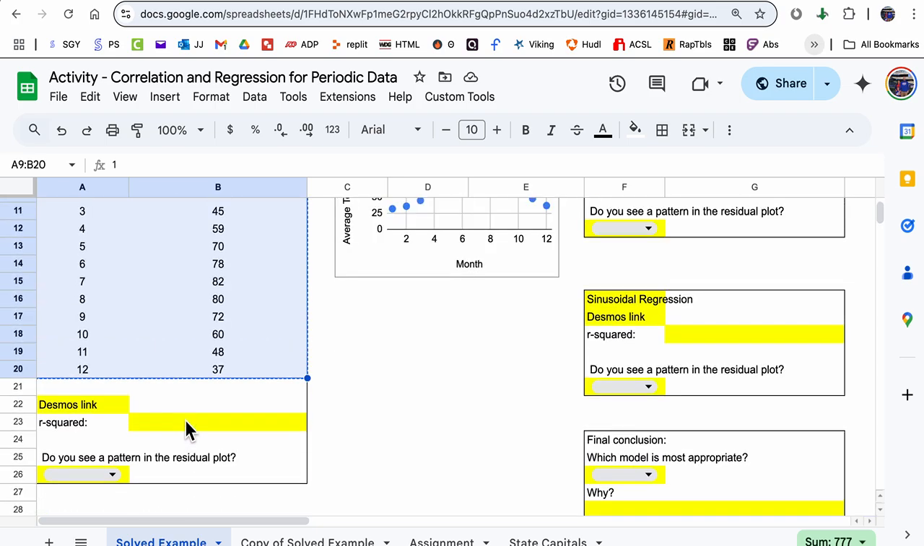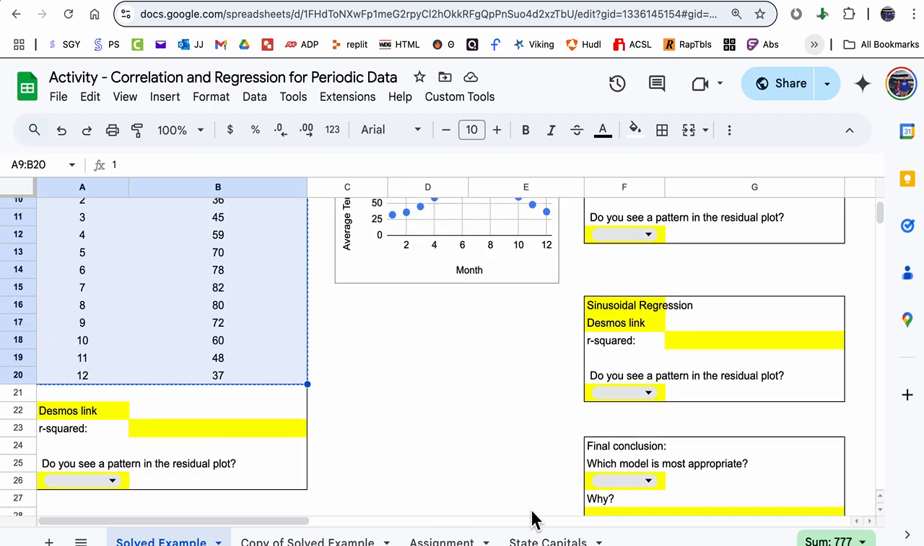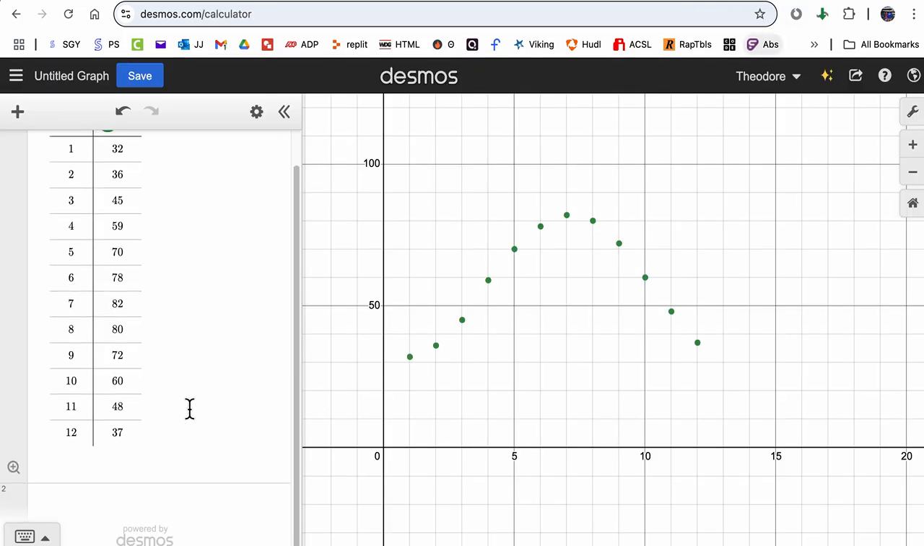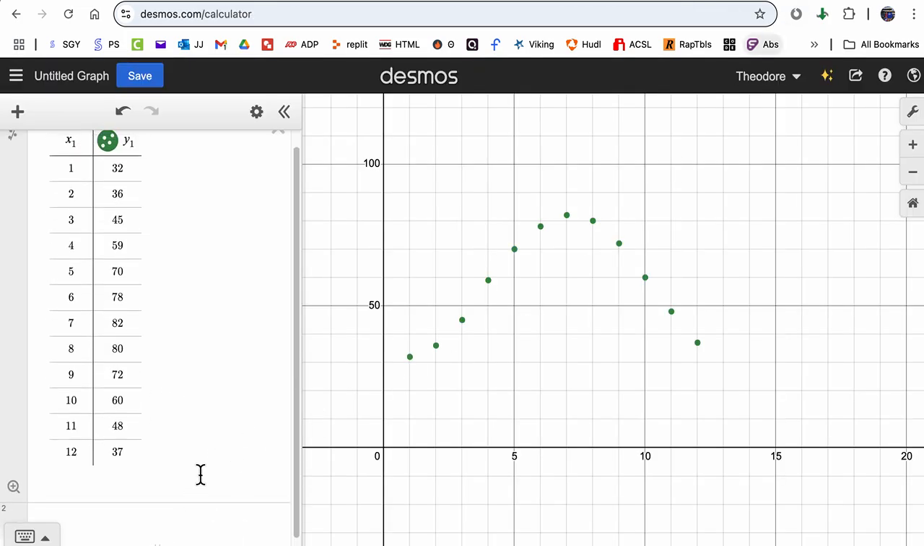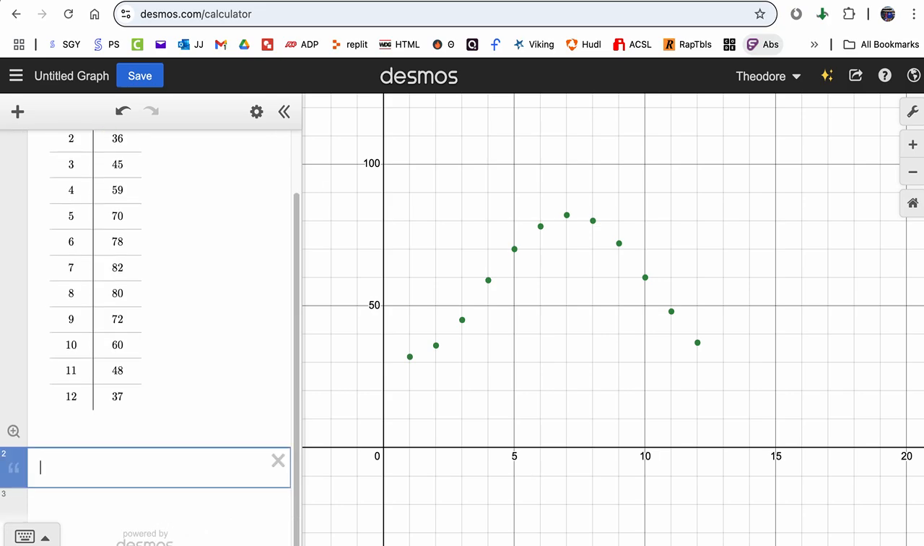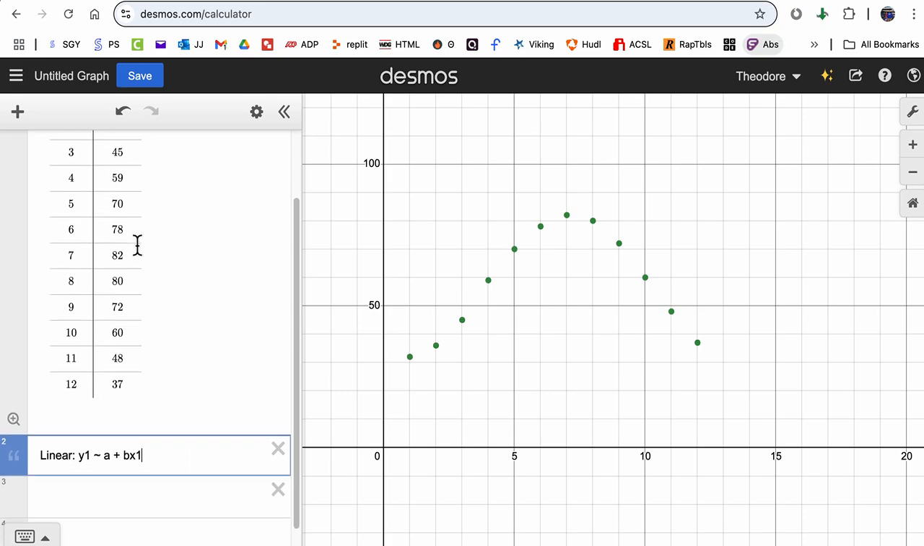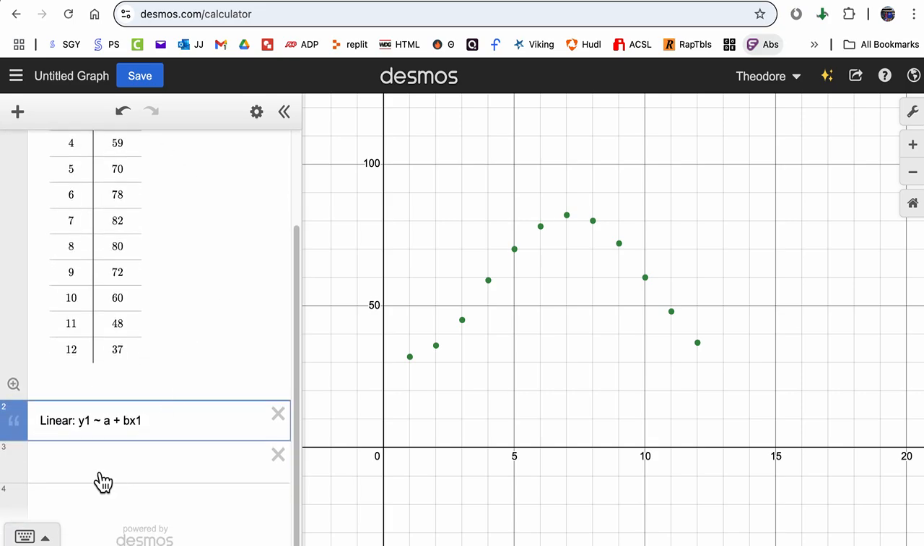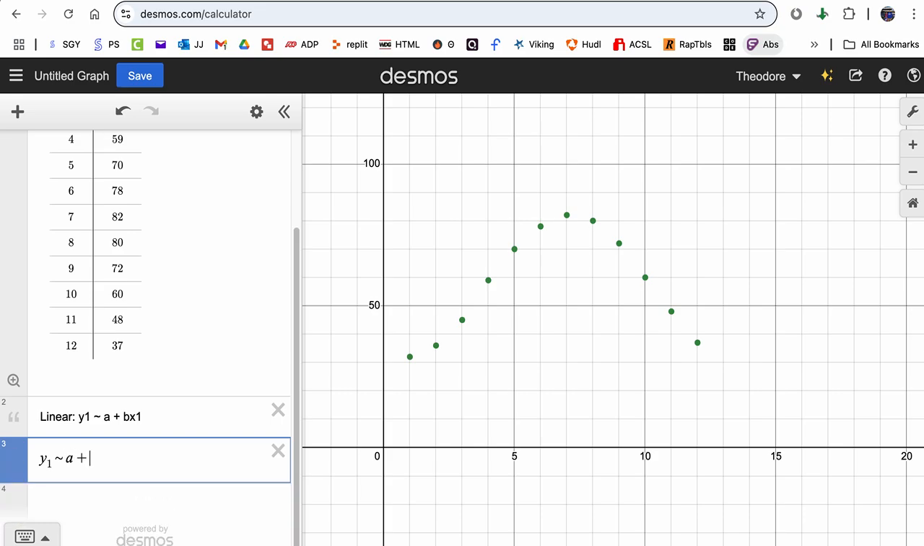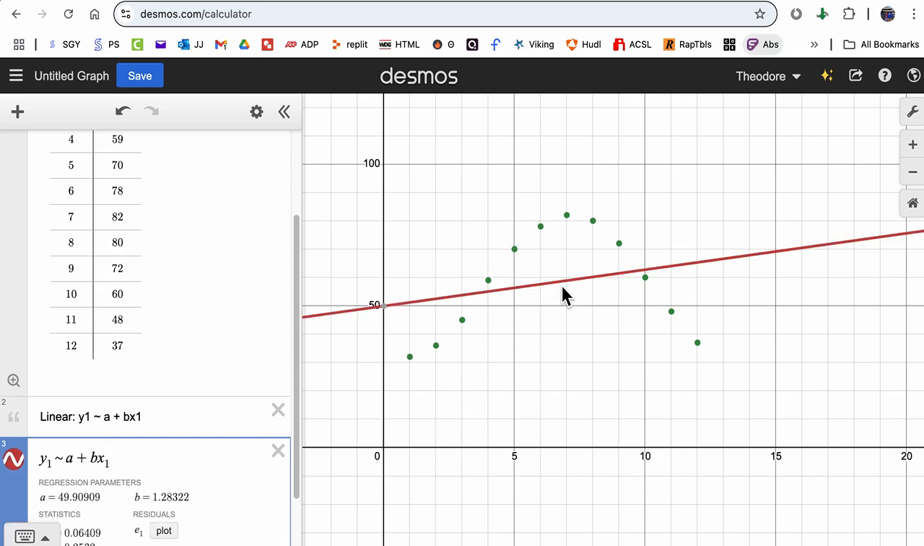So let's go with linear regression first. Desmos can handle pretty much any regression model as long as you type it in correctly. So for a linear, I'm going to put quotes here, linear, it's in the form of y1 tilde a plus b x1. The reason they're x1 and y1 is because those are the column headings for the table. So if I type that in, y1 tilde a plus b x1, then I have the line that best